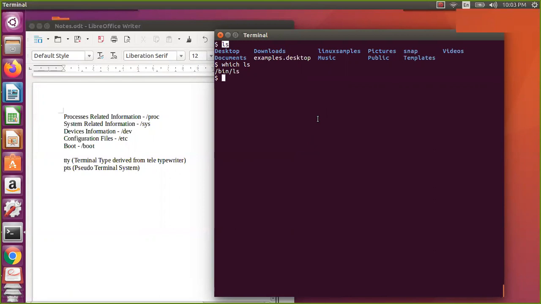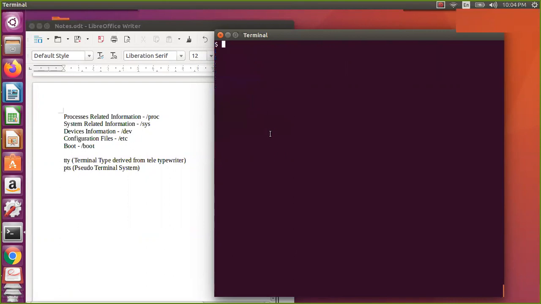Which will tell you where a particular binary is located. Let us assume I want to know about the shell, so which bash. Then it will give me that particular location. Which pwd, which date. Any command you can check. We have seen a couple of things like time and date control. If you want to know that, we say which and the command, and it shows where it is located. If you see here, it is located in /bin. It is located in /usr/bin. It depends where it is located.